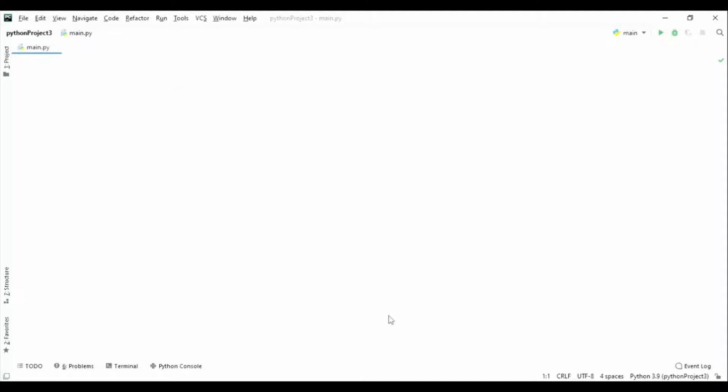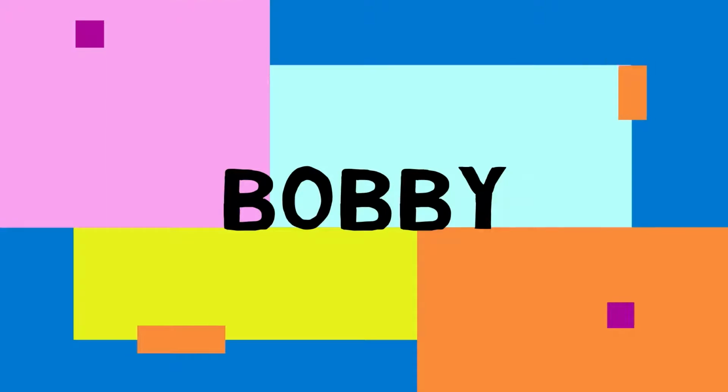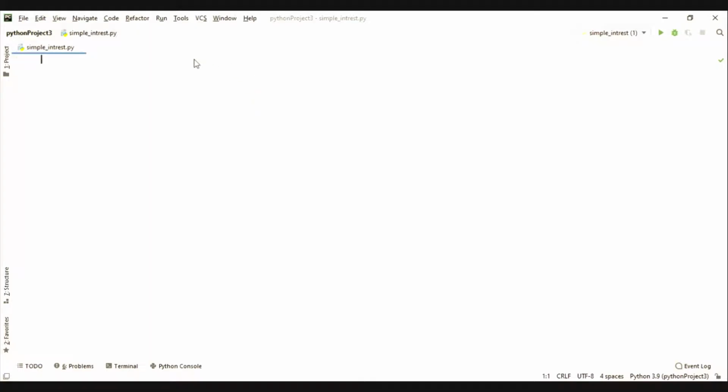So let's get into the video. So guys, here we're going to write the program. First of all, we want to know what the formula of simple interest is. I hope you all know that the simple interest formula is PTR by 100. So let's write the program for finding that. We must have values of P, T, R, which means P represents the principal amount, T equals time, and R equals the rate of interest. So let's give the values as input.